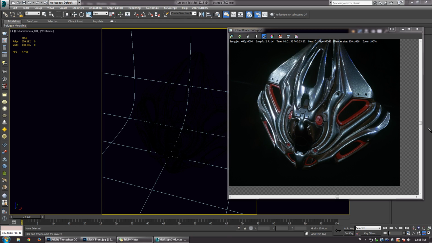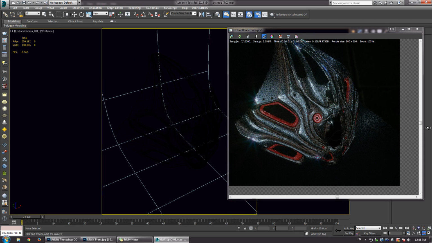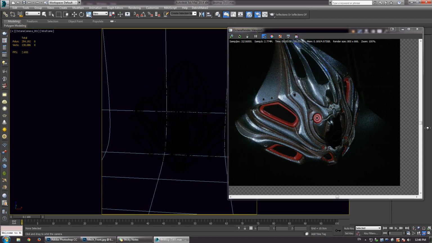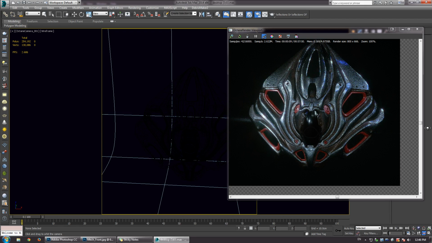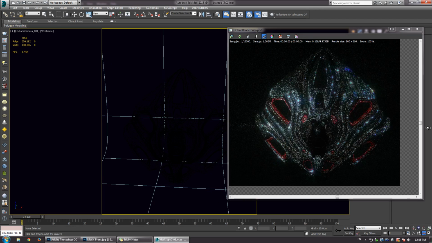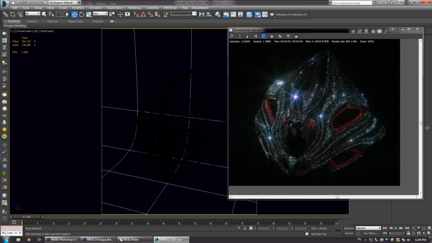So everything taught in this lesson is pretty much pure old school, except for the fact that I've got Octane set up here. So when I rotate around the viewport, I can very quickly see how reflections are reacting and the overall look and feel of the object. This isn't something I used to do because we didn't actually have Octane available 4 or 5 years ago. So besides having this set up, and we'll do that later in the lesson after we've blocked out the mesh a little bit more, everything here is as old school as it gets. We're just going to be working with simple edge extrusion,